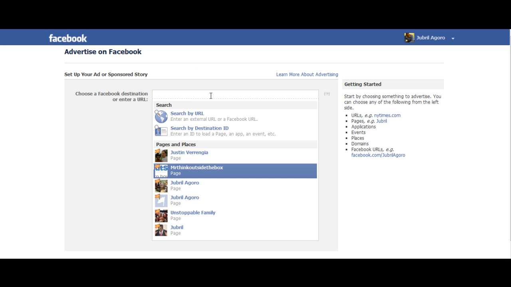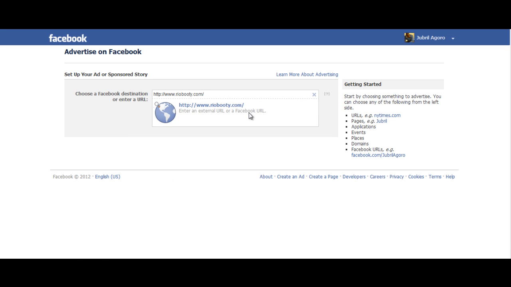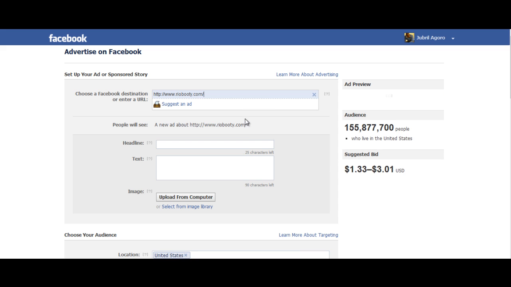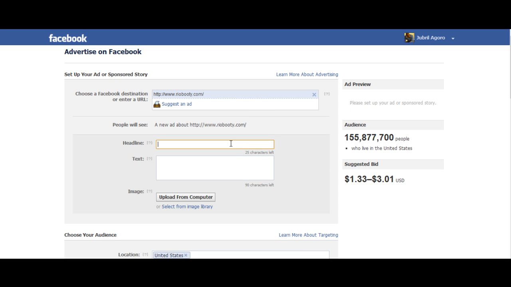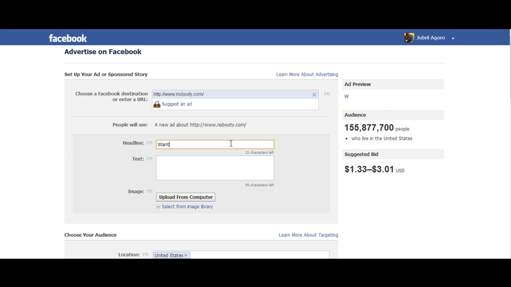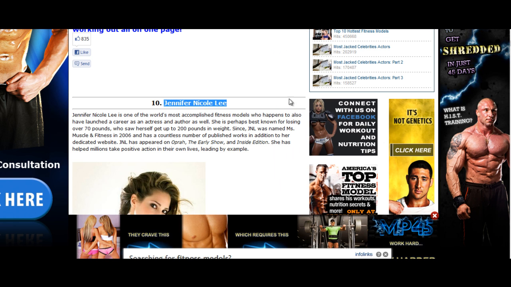So as you can see here, we're going to paste the URL in here, Rio Booty. She doesn't seem that big, so I'm going to push the rules anyway. So I'm going to put, want a body like, what was that girl's name? Like Jennifer, let's see what it says here.